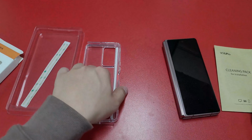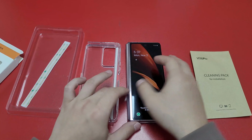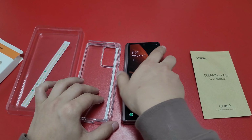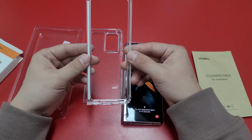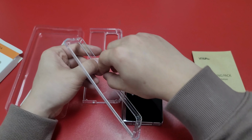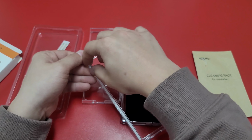So first, get your phone, remove the cleaning pack, and wipe down all the edges and all the area that you'll be applying your case to. And get the front case and remove the sticker film here and on this side,